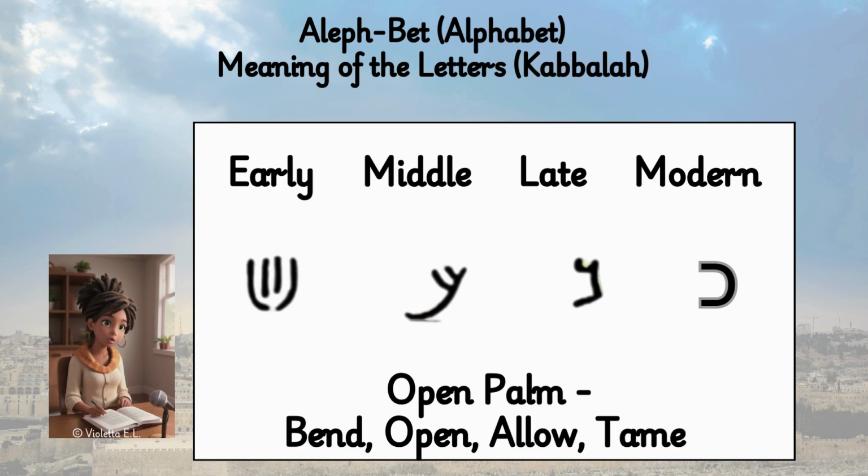It represents form. A house is a form that contains the goings on of the people inside it. A body is a form which contains the life and energy of the person. The forms of the physical world are where the spiritual essence of life is able to manifest. The Kaf also teaches us to shape ourselves, to bend the ego and shape our character.